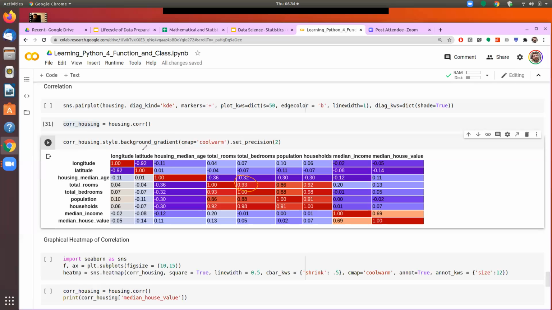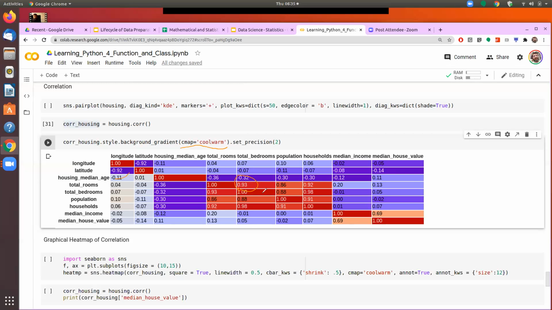Now, this is how we can see it. I have used here the heat map, which is called the cool warm. It means that if the number is higher, it will show me with a deeper red. If the number is lower, it will show me in deeper blue. So it becomes much easier to read. I can just focus my eyes on seeing the deep blue numbers. So I see here a very high correlation between the longitude and the latitude.